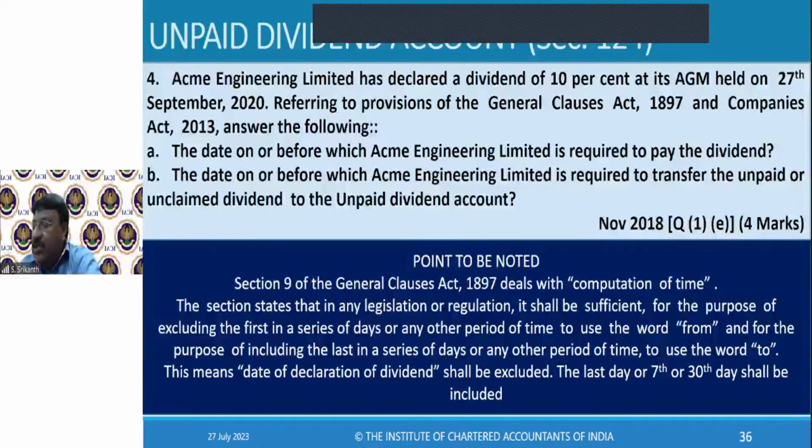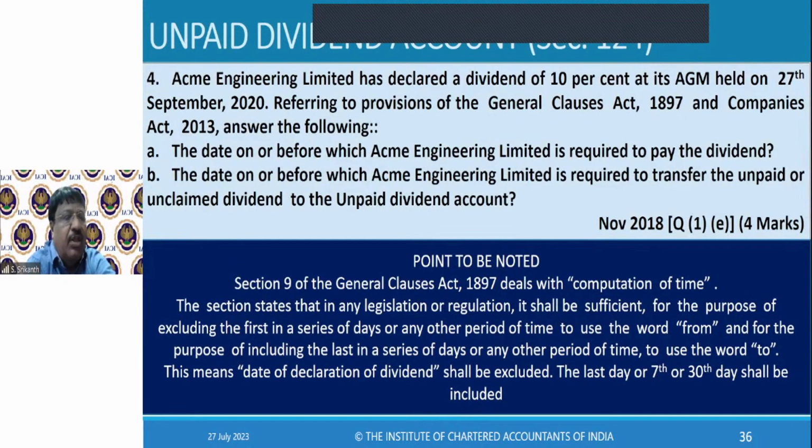Now, Section 9 of the General Clauses Act deals with computation of time. The General Clauses Act applies to all the laws made in India. Any law, this rule will apply. It has applicability across India. So in any legislation, meaning law, or regulation, meaning rule,